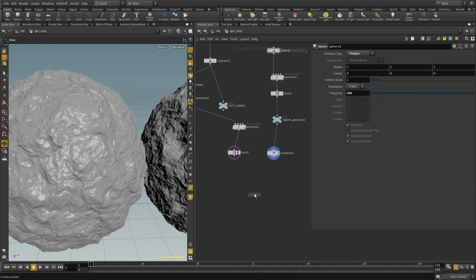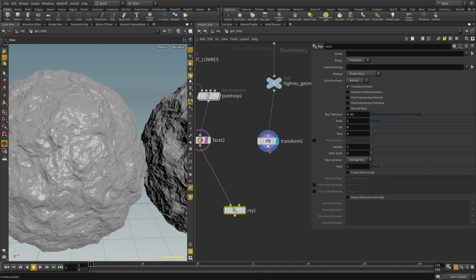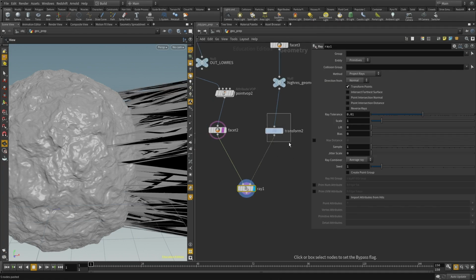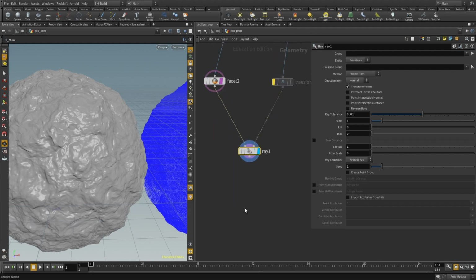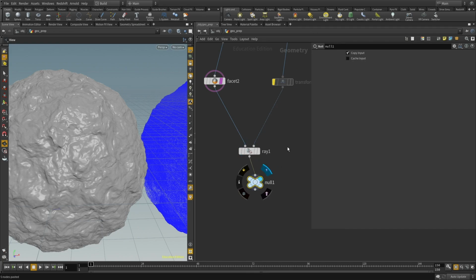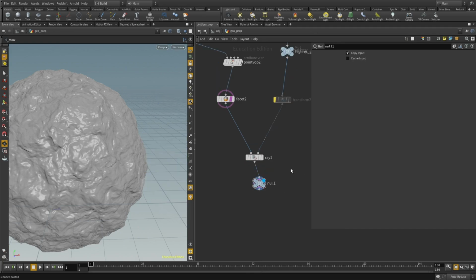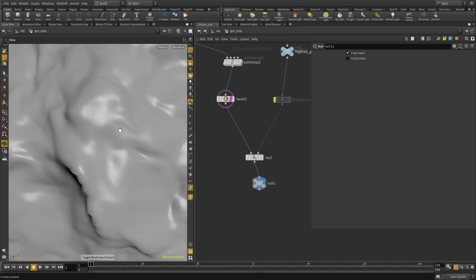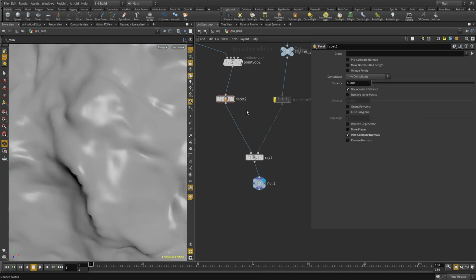I'm gonna put down a ray, and let's ray the two together, and let's turn this off. We want them to be on top of each other, and let's put down a null. Okay, so now we're raying this version here,